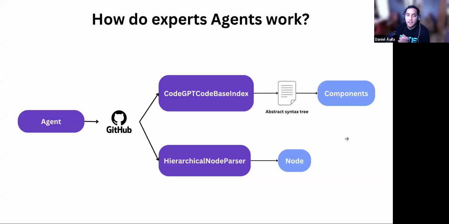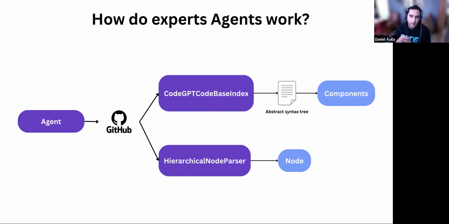What we are doing with the repo, I think, is the big challenge that we have in CodeGPT. We are working a lot with repos to get the full context from the code. So right now we built this CodeGPT code base index, and basically it's an extractor of information from your repo. So if you load your repo in CodeGPT, we are using that function that we built, and we are getting a lot of components from that repo.